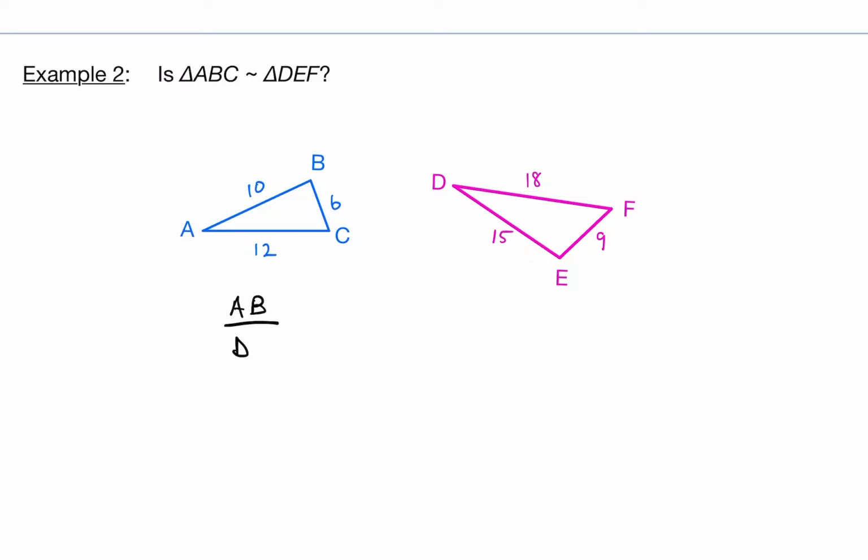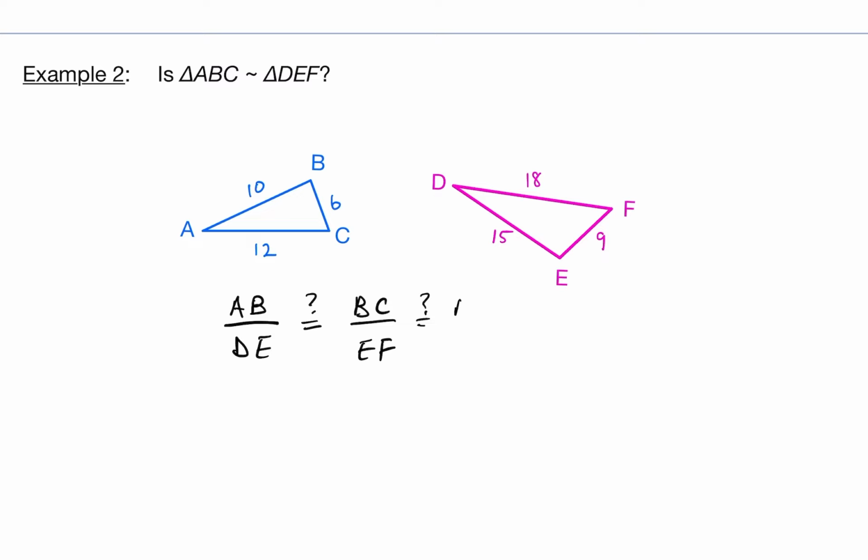So AB over DE. And the question is, is that equal to BC over EF? Again, BC is the last two letters, so we have to compare that to the last two letters here. And is that equal to